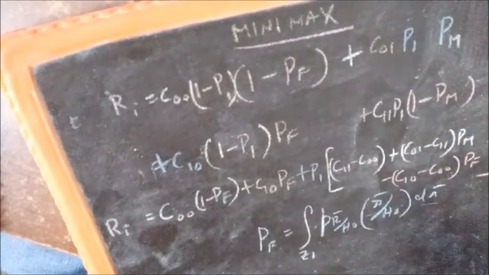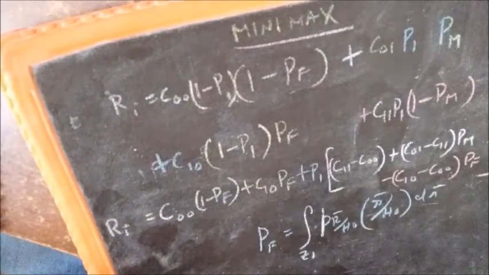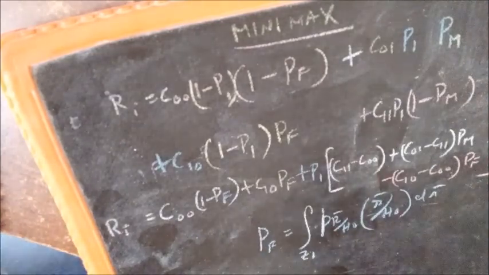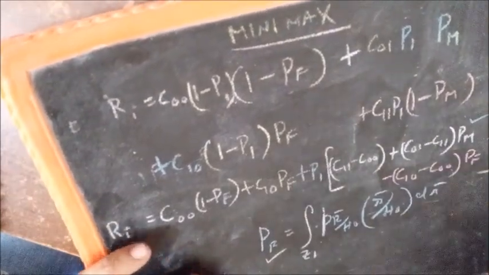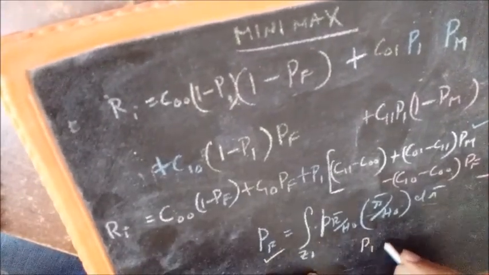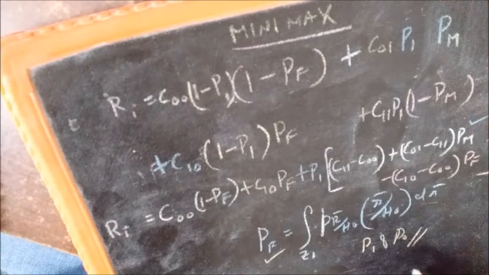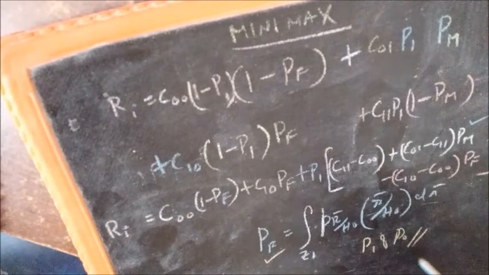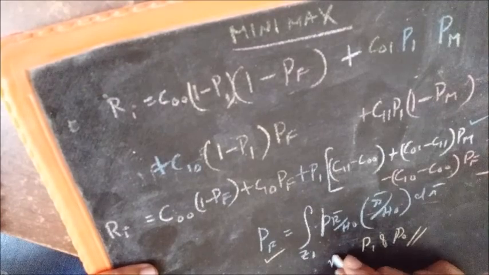And similarly, the probability of miss is the integration over Z0 of PR H1, that is the probability of a miss. If you observe it carefully, you can see that the probability of false alarm as well as the probability of miss are not dependent on P1 and P0. Of course, when I say it's not dependent on P1, it means it's not dependent on P0 because P0 is 1 minus P1. So probability of miss and probability of false alarm are not dependent on P1 and P0, and they are dependent only on the way you set the threshold.